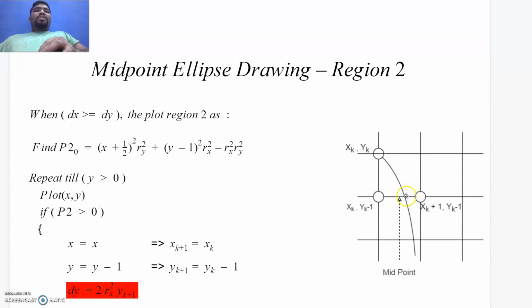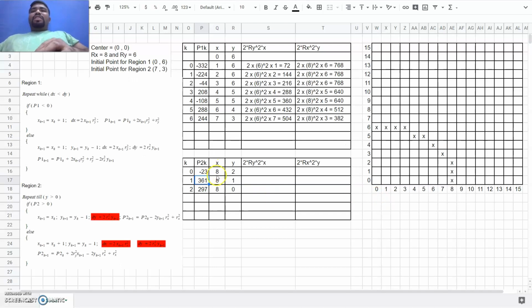So that means the arc has to choose the same xk, right? And the yk is obviously going to decrement by 1. So in that case, you can see the x doesn't increment at all. It chooses the same xk and the y decrements, right? So using this new xk plus 1 and yk plus 1, I put it into the same equation of P2 k plus 1. When I do that, I get the next P2 k plus 1 as 297,